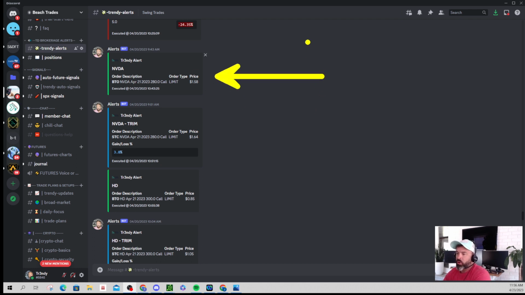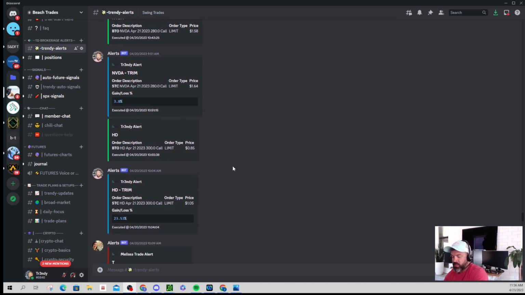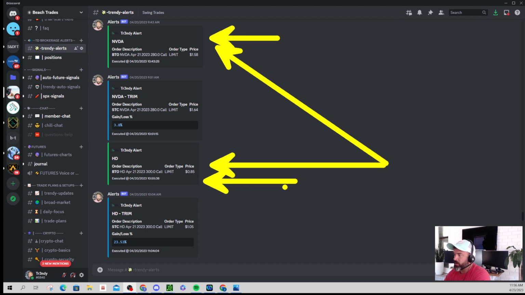So I go normal size, right? And then I trim and I could feel that it wasn't really doing anything that I wanted it to. It just didn't move fast enough out of the PMZ. Okay. And so I take a quick trim and then I go into HD. And this is where I really want to focus on today's lesson, or the takeaway from this week. This was normal allocation, and for some reason, I went in small here. I think the reason why I went small is because I was teaching on how to load allocation amounts on dollar amounts and I forgot to change it. And so it was only half a normal size.